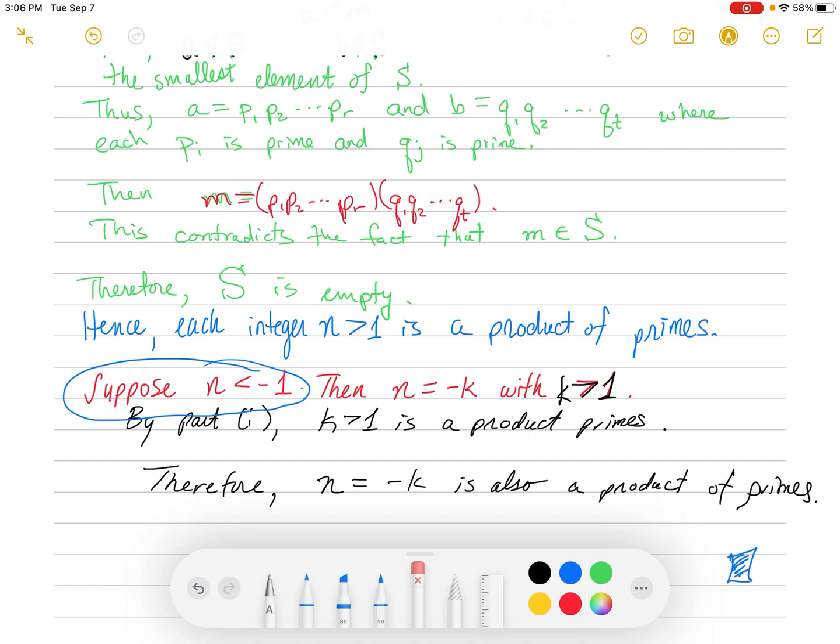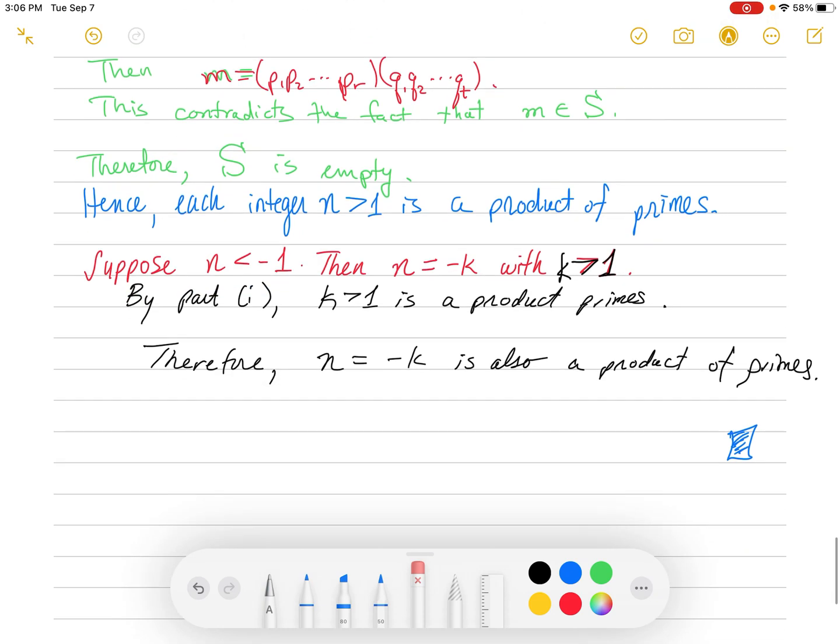Go ahead and erase those. So that is the initial version, the easy version of the fundamental theorem of arithmetic to prove. The other versions are much more complex to prove, but more useful for actually working through problems. But this is the easier one to prove. It's still tough, but okay. So that's it for